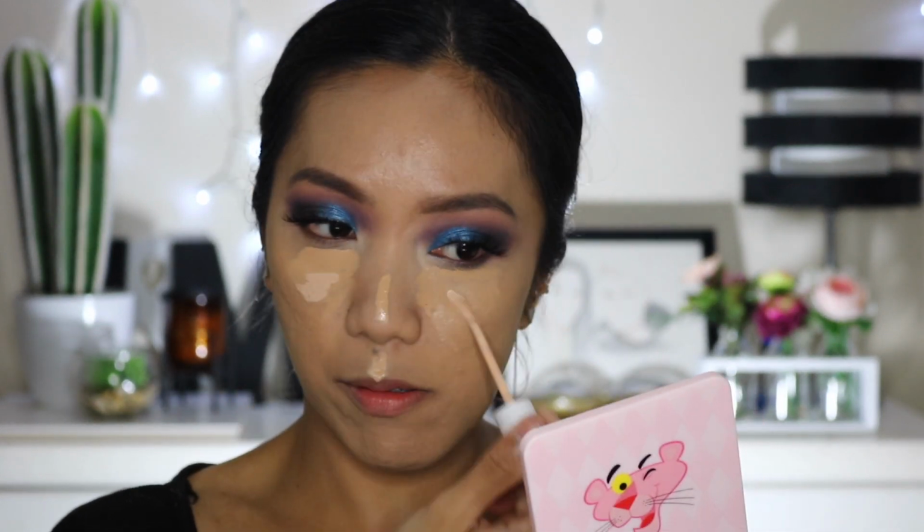And for concealer today, I am going to use my Born This Way multi-use sculpting concealer, and this one is in the shade Warm Beige. I am going to put a little bit of the Colourpop No Filter concealer as well, just to brighten the